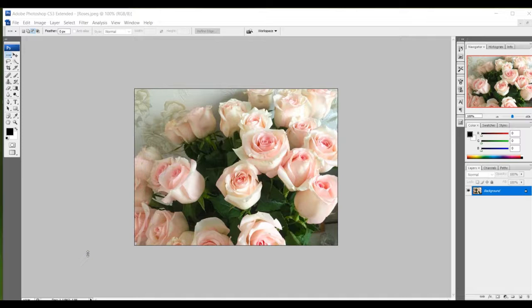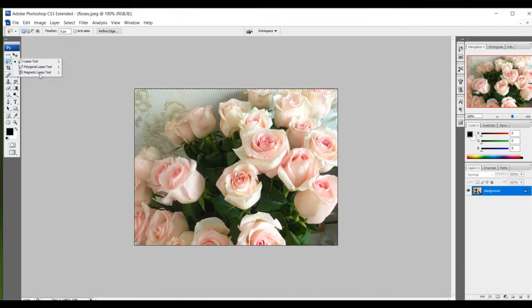Now, the lasso tool. The lasso tool is a bunch of three very useful tools used for selecting irregular shapes. Which are these lasso tools? So this is our lasso tool. In our lasso tool, we have three different tools: the lasso tool, then the polygonal lasso tool, then the magnetic lasso tool. Now we are going to see all three with their different uses.